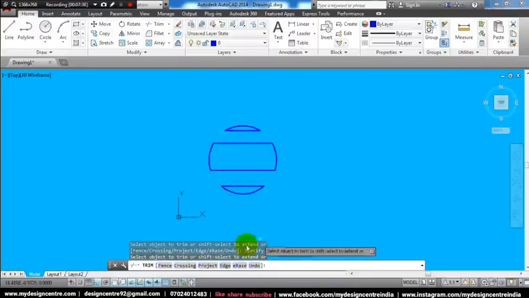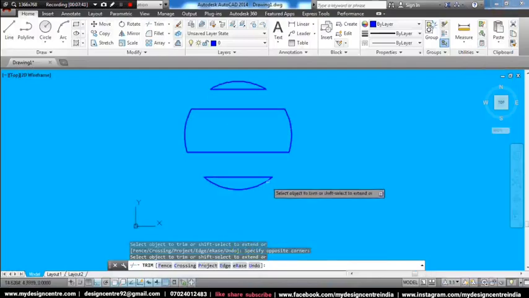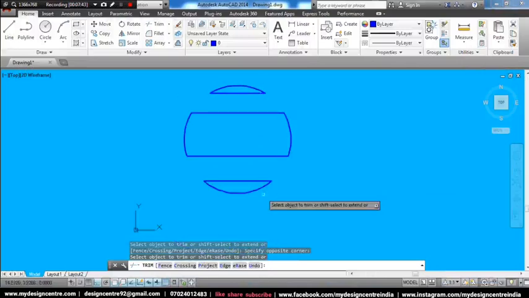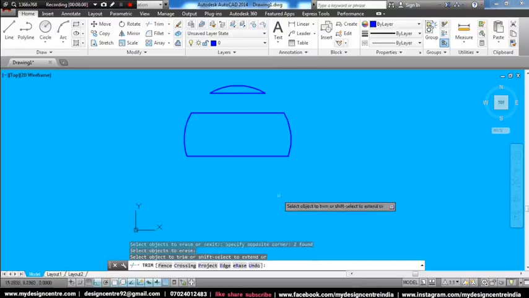After trimming all the things, I realize that I do not want a few portions, like this area. What can I do? You can see in the sub command Erase is mentioned here, and the R is in capital letter. You type R enter. Now select the object you want to erase. It gets highlighted. Now click enter. In the trim tool you can also erase the object. To come out from the command, you can click escape like this.